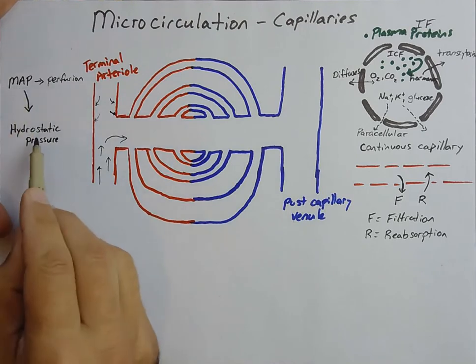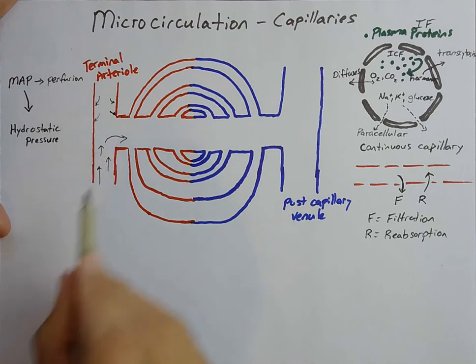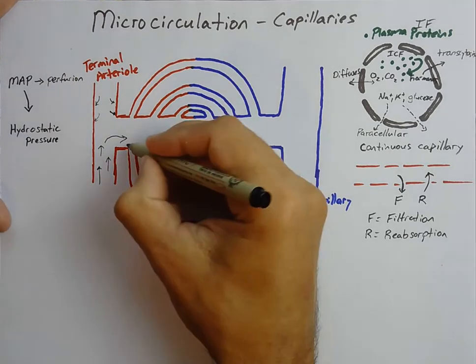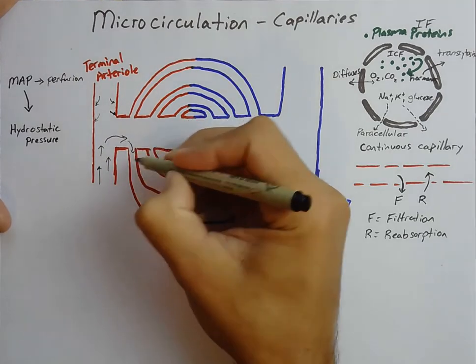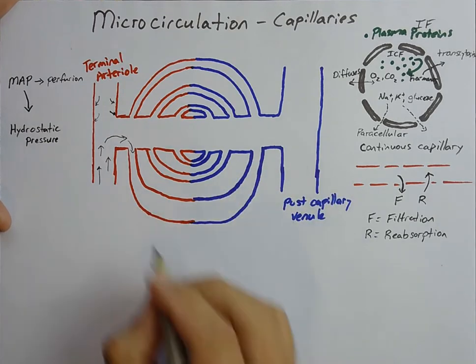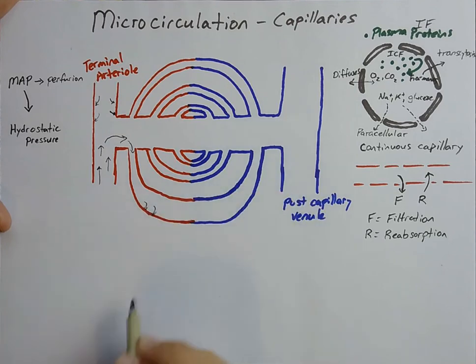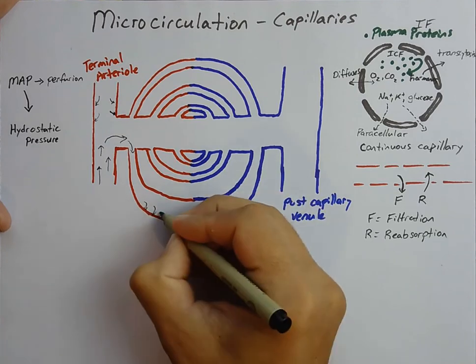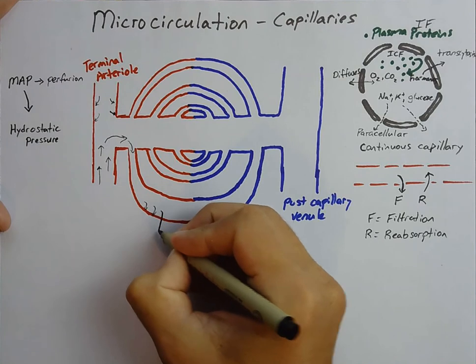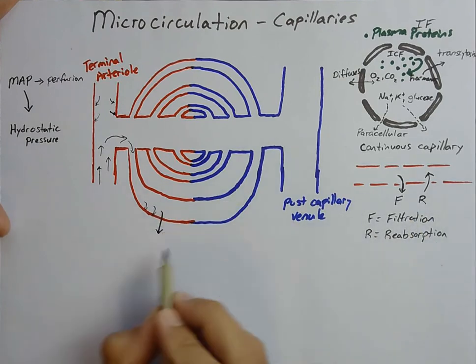It's the mean arterial pressure that's going to be creating this hydrostatic pressure found inside of the blood. And as this enters these big true capillaries, what's going to end up happening is that the pushing of fluid against these walls is going to promote the movement of material through these capillaries,